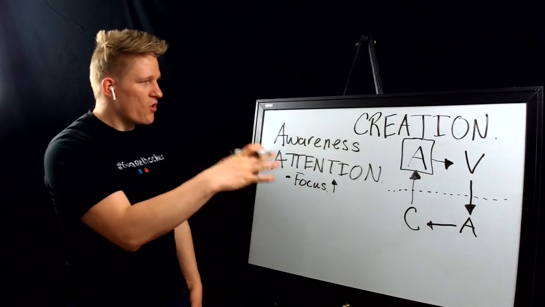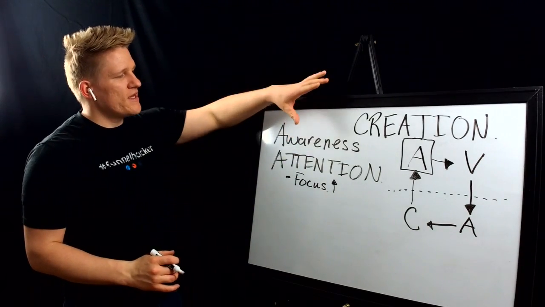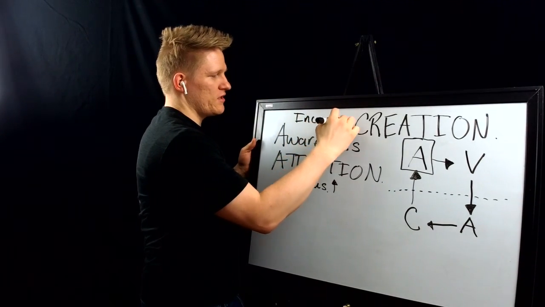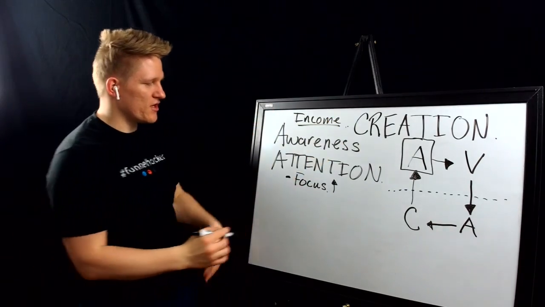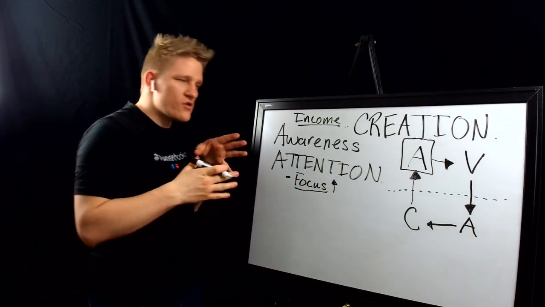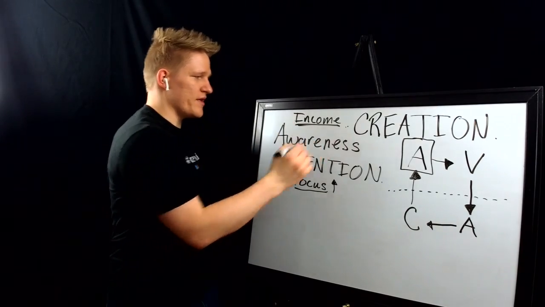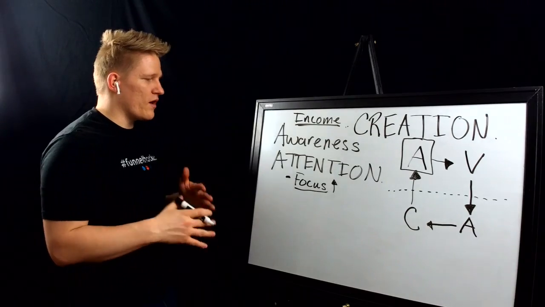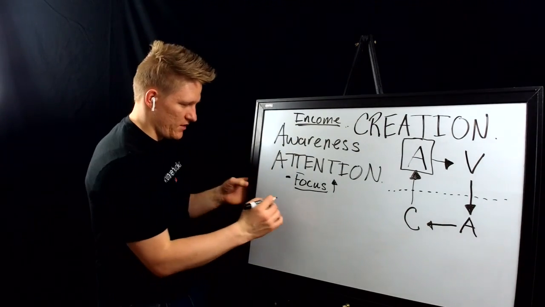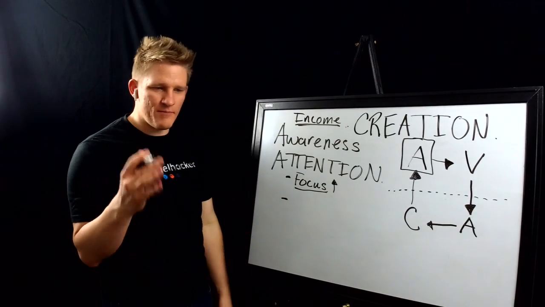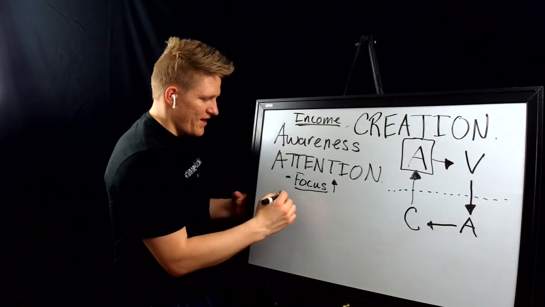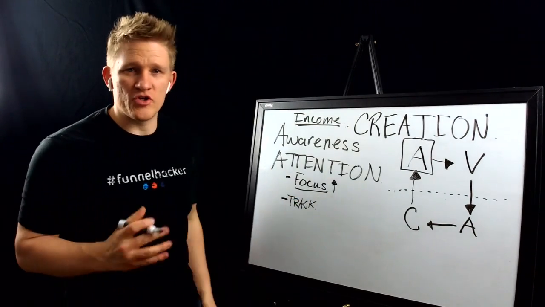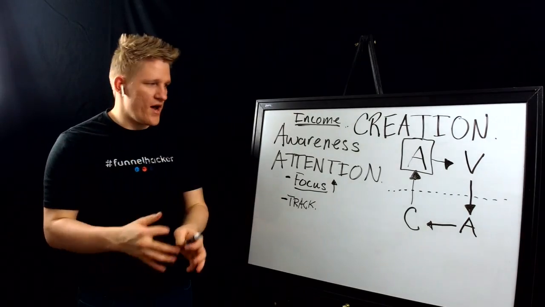Now, this course, this bonus course, is all about increasing your income, the income creation. How to use the concept of creation to increase your income. So we are bringing your attention to your income. I'm going to give you a couple of things you can do to help build up your awareness, your focus on something. The very best way, the best way without causing pain, is to track. And that's why I created the goal creation journal, so people can actually track what they're doing.